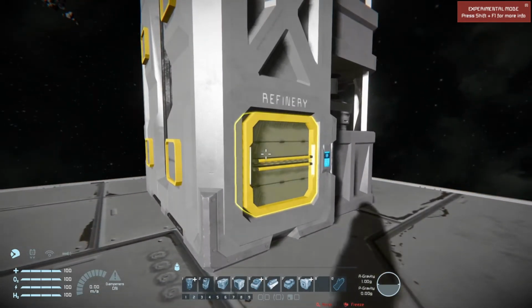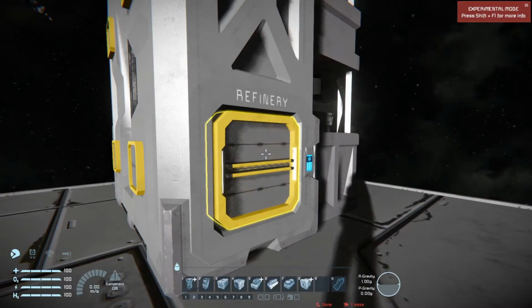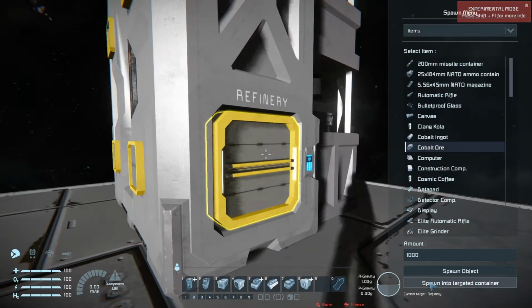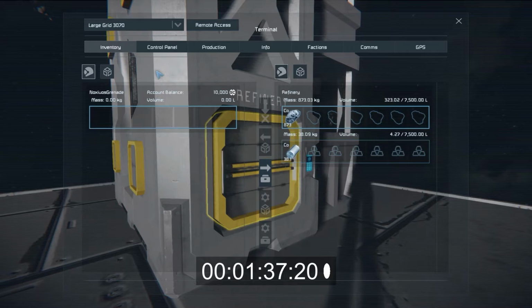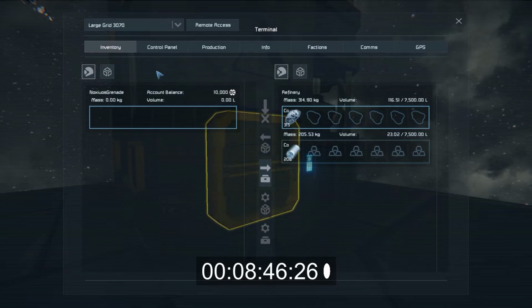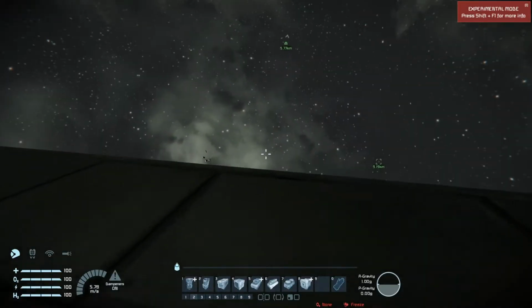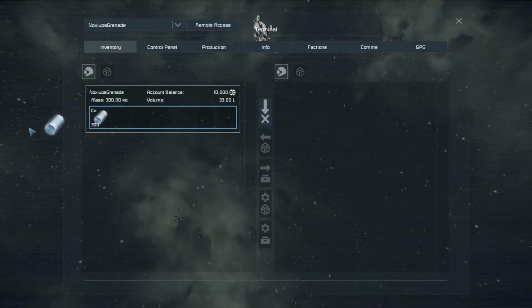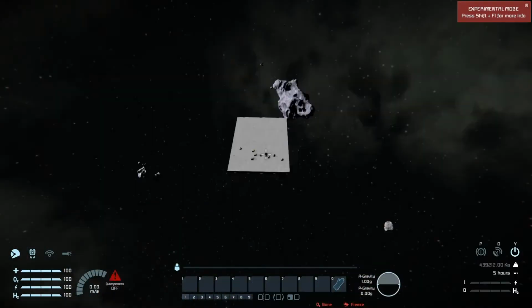And I can go ahead and demonstrate this by, let's go ahead and find some. First of all, let's turn this off. Alright, and now that that is clear, let's go ahead and add 1,000 cobalt into the refinery, and let's see how many cobalt ingots we actually get from that. Alright, so as we can see, we've gotten 300 cobalt ingots, and that took about 13 minutes to produce. And in that time, the sun has shifted, so where is it? Let's go ahead and bring it back towards the actual